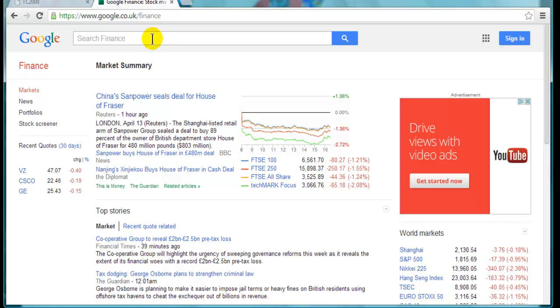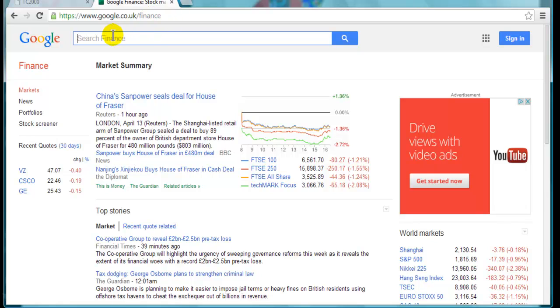I'm going to bring on now one financial instrument. The first one is Cisco. And we're going to type in the EPIC. You see here, we are in Google Finance, all right? www.google.co.uk/finance, okay? If you are in India, you will have the Indian Google Finance. If you are in France, you will have the French Google Finance, okay? So you will have your local Google Finance. So I'm in London, that's why I have here Google Finance for United Kingdom, but I can search for any